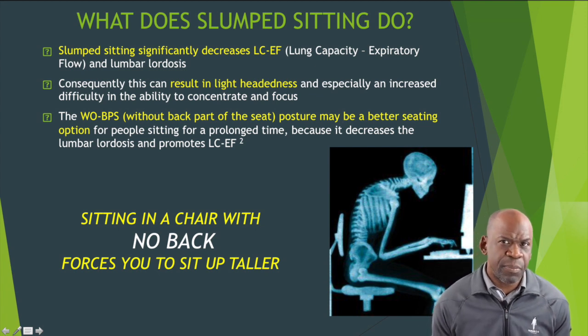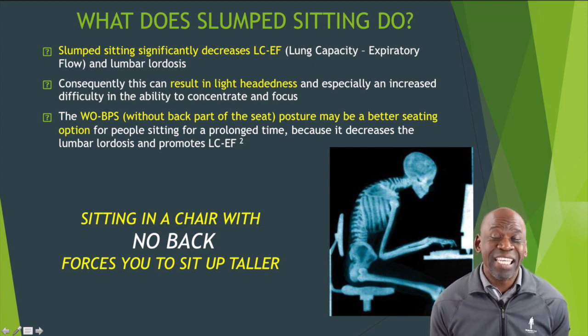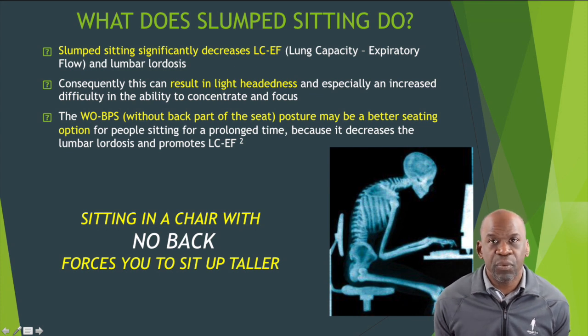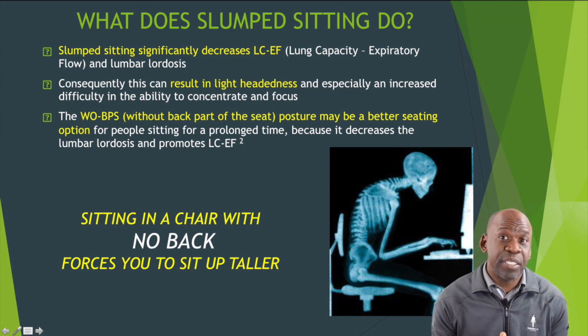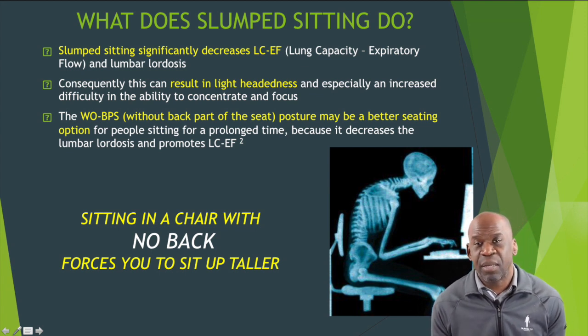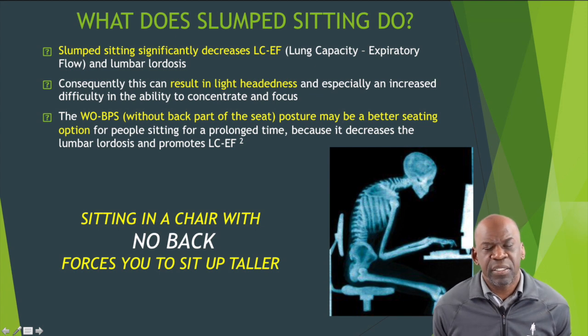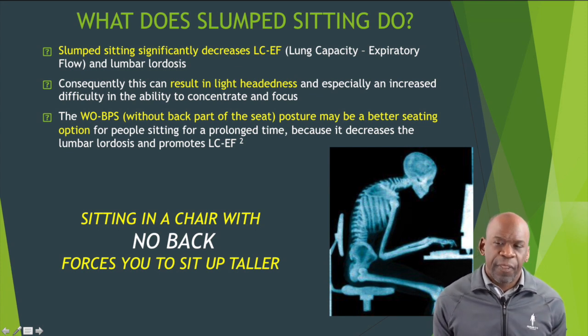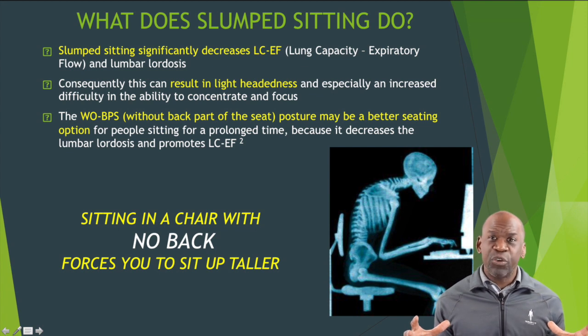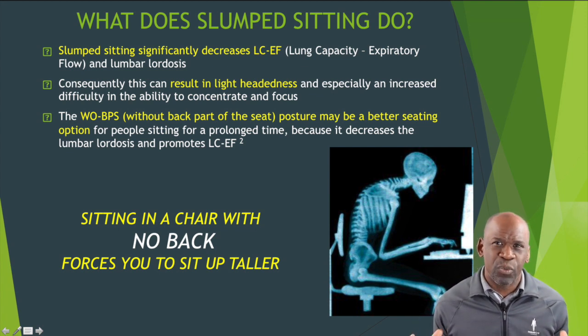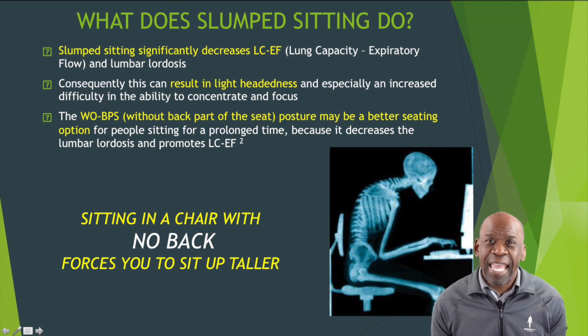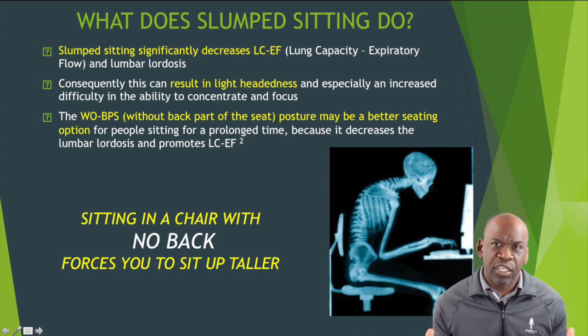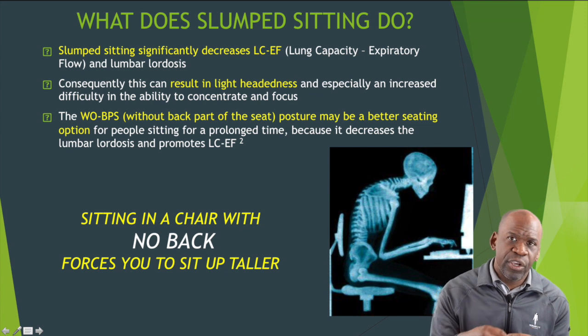And studies have shown that the slump posture is associated with decreased lung potential. In other words, your ability to bring air and oxygen into your lungs is decreased by prolonged sitting and a slumped posture. The ribs are attached to the spine in such a way to allow them to move in a hinged fashion. So when you inspire, the ribs open up, increasing the capacity of your rib cage or your thorax and creating negative pressure in your lungs, which sucks air into the lungs.